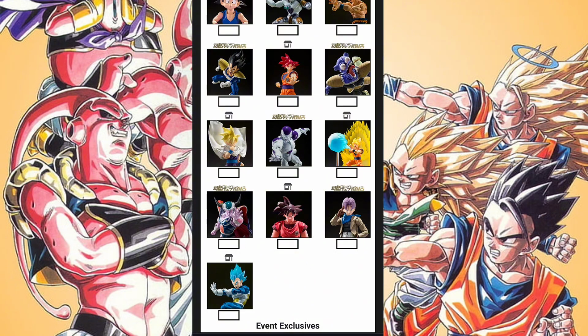But Super 17 fulfills the role of being able to be paired with GT Goku, as well as fitting the theme of being an android. So he fits into this era thematically. He's an android. In fact, I think that proves my point even further, because if they were going to release another GT character after Pan, or announce another GT character in general, it would have made more sense to announce a more popular character than Super Android 17. But the reason why he got put out first is because he fits the theme of the era.